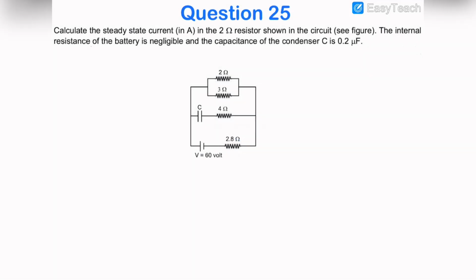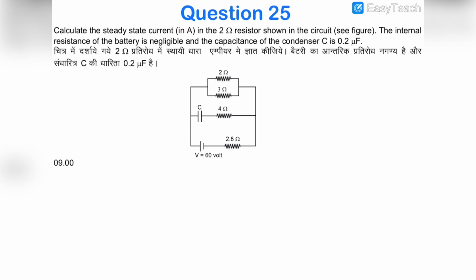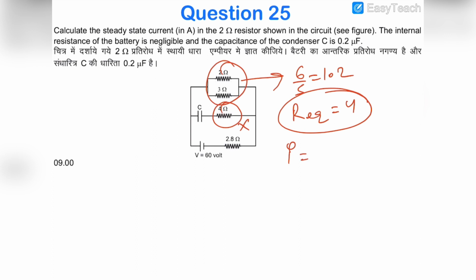In this question we have to calculate the steady state current in the 2 ohm resistance, this one, and the internal resistance of this cell is negligible and the capacitor is 2.2 microfarad. So in steady state we again know that there would be no current flowing through this one. So the equivalent resistance of these two would be 6 upon 5, which is 1.2, and the total R equivalent would be 2.8 plus 1.2, which is 4,